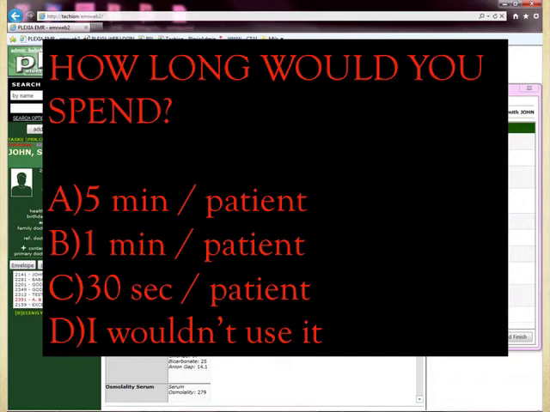You're talking to them anyways, aren't you? You're talking to them, but let's say instead of just writing your note, you're also inserting a little bit of data at the same time in a pop-up box. I'm curious to know how long a surgeon would spend when they're seeing a patient, if it would add. But Michelle, the